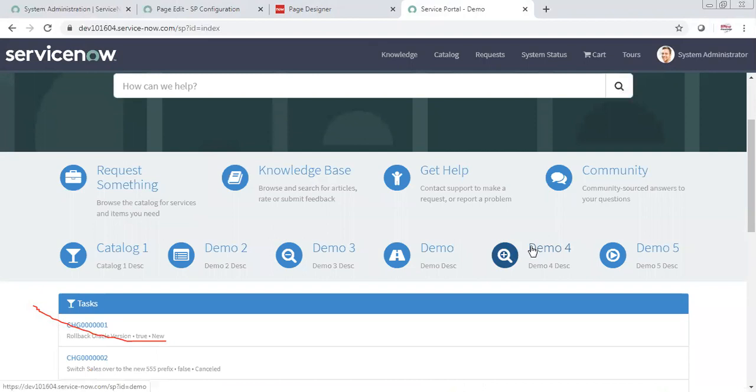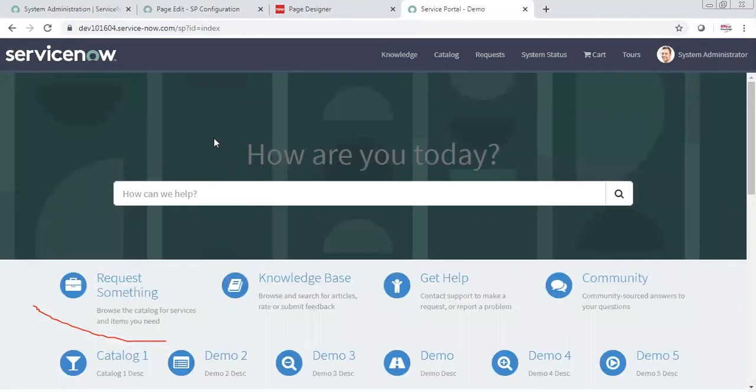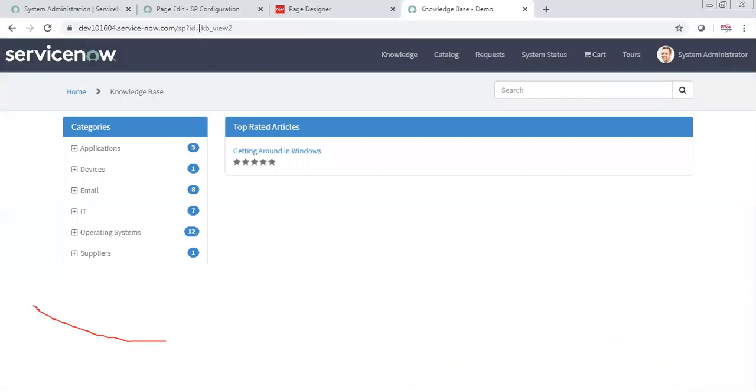But this page, which is index, is also a page itself, right? Yes, this is the landing page, the home page. Whenever a user logs into the system, they will land on this page. So we have multiple pages within this index page, you mean? Not within this page. Basically, the index page is the first page, and on that we have given the link of another page. So if I click on knowledge, you will see the ID is getting changed. Under the service portal, you are navigated to a different page.